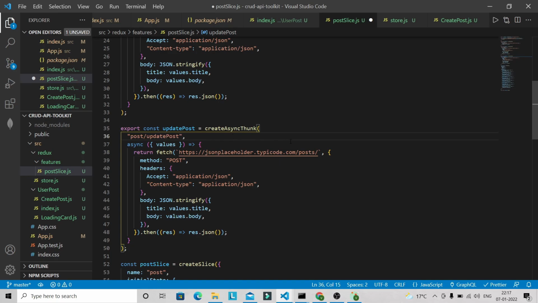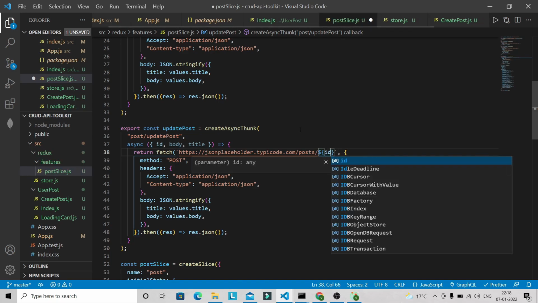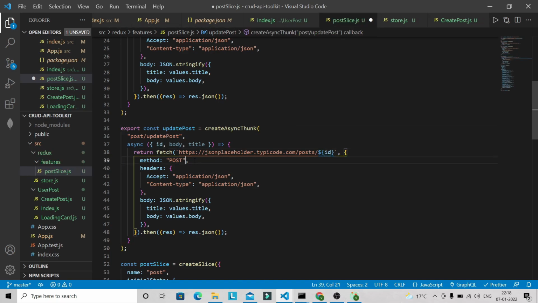Now we are going to update the post based on the ID. From our component we are going to receive a couple of things like ID, and we are going to update the body. Okay, and we are also going to pass title. But we will update only the body part of the single blog post. So here we have to specify the ID because we are going to update the post based on the ID, and the method will become put,